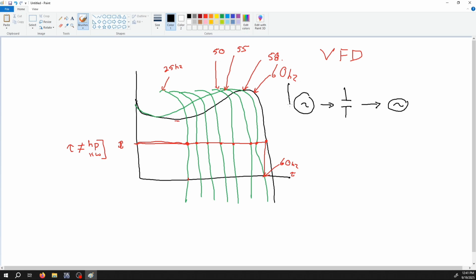So in every single drive system, well, I say that, there are some exceptions, but you're probably not going to use them, or at least not for a while. Every single drive system has some sort of rectifier,